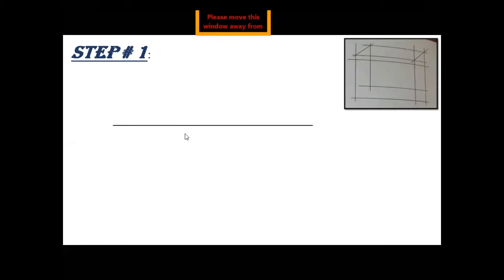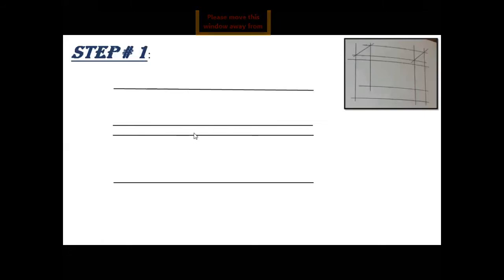First of all, you will draw five horizontal lines. One, two with a specific difference. Third one, which is parallel to the first one. Fourth, and the fifth line. The difference between these lines: this one is about 1 centimeter, this about 5 centimeters, this about 6 to 7 centimeters, and this one is also 5 centimeters.